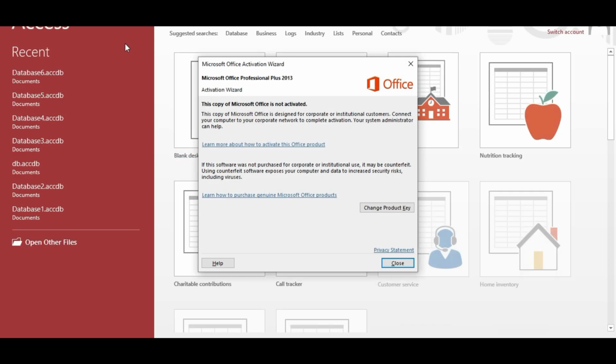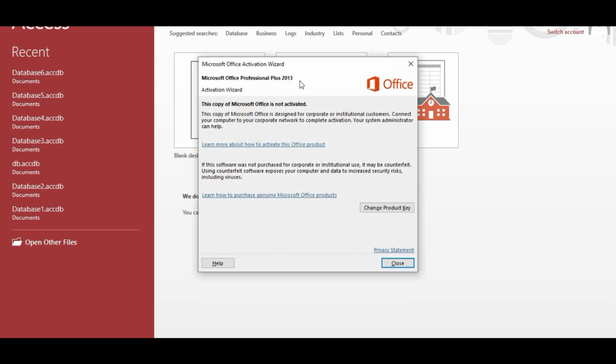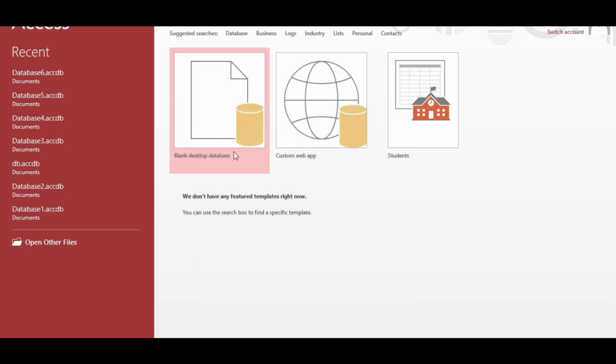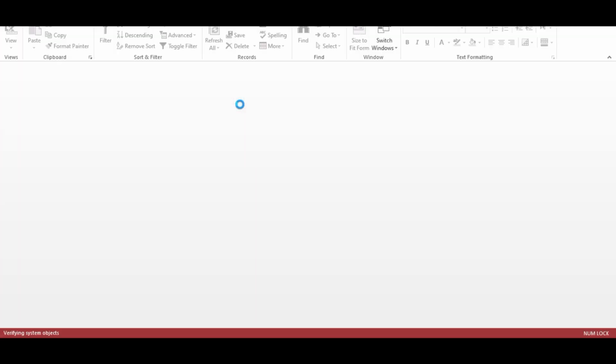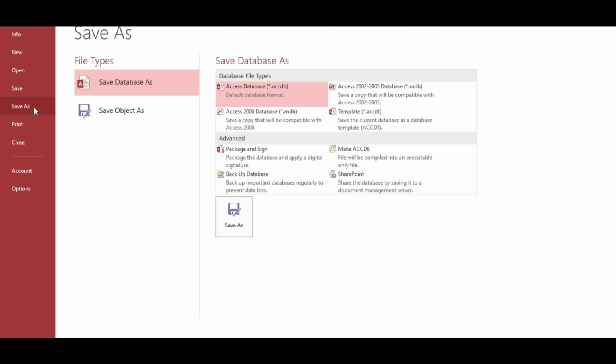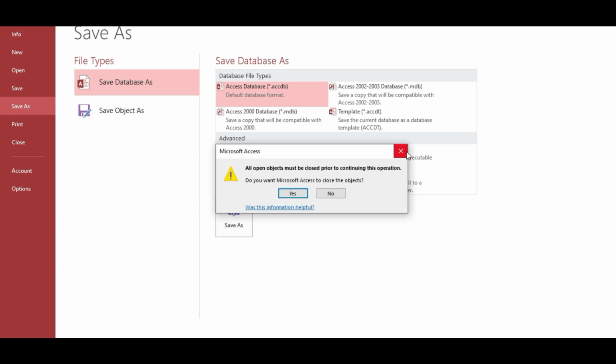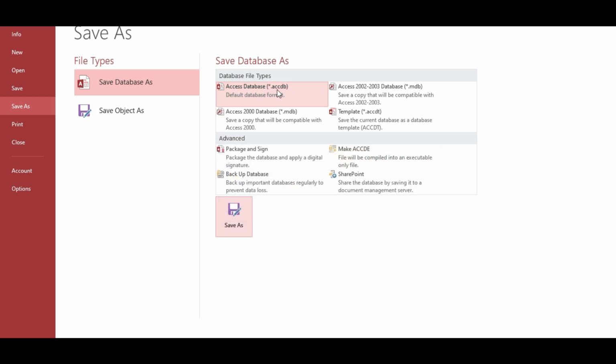And when you click on Access 2013, here you will see a lot of templates for your database. So I will go with the first option, that is blank database, desktop database. And now I want to save this database with a specific name, so I click on save as. Here when you want to save, you can see different extensions like .accdb and .mdb, so you can go with .mdb or .accdb. The default database format is accdb. So simply click on this one